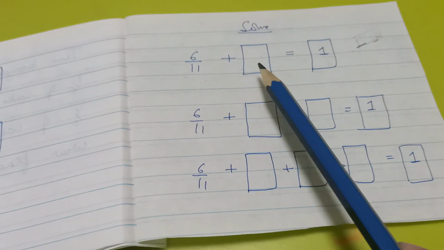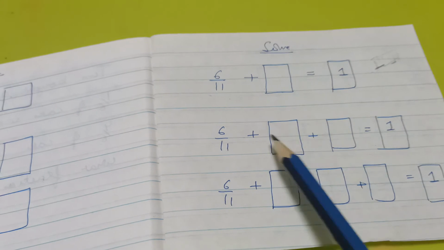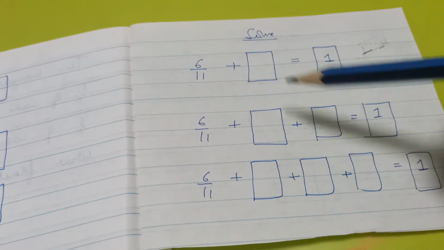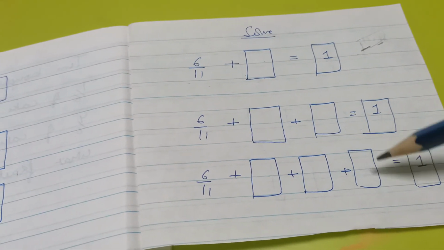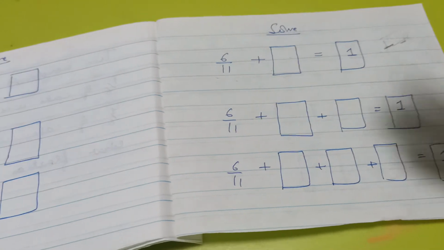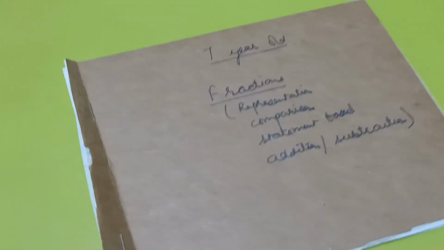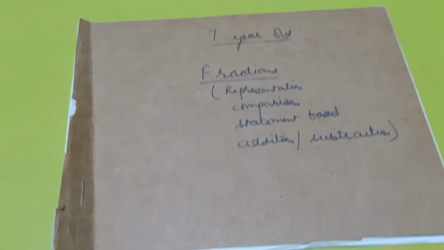Now I had 5 by 11, but I say, can you divide 5 by 11 into 2 parts? So it can be 3 by 11 and 2 by 11. Just talking about the concept. Now divide 5 by 11 into 3 parts, so it'll be 2 by 11, 2 by 11, and 1 by 11, like that. Again, I'm telling you, this is a very advanced level I've touched, but initially I'm not able to gauge that, because sometimes she does well, sometimes she goofs up. So I really want to know where we have reached in fractions. This busy book is only for fractions.